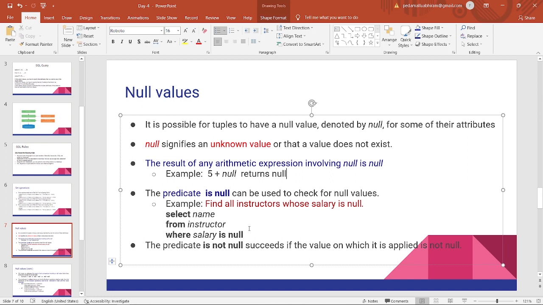With the same thing here, the predicate null is also used in the select query. See, select name from instructor, which is nothing but a teacher here, from instructor where salary is null. Those particular tuples where salary is null have to be selected. It means that there are some new recruits and the salary is null for some people, where the salary has